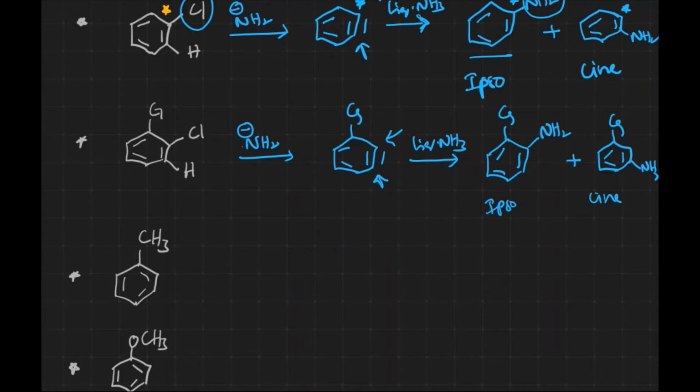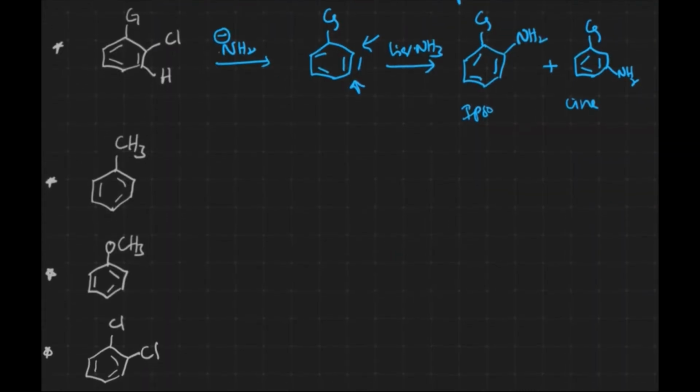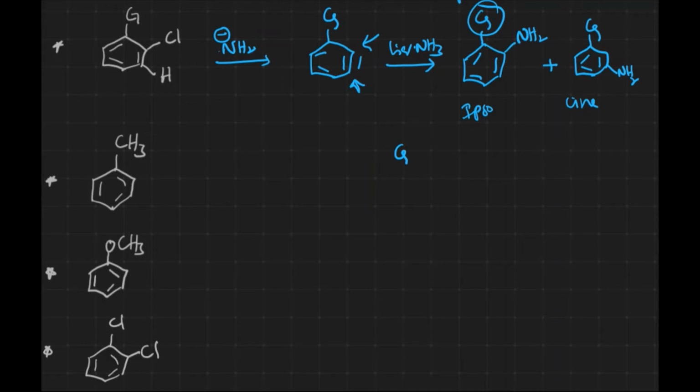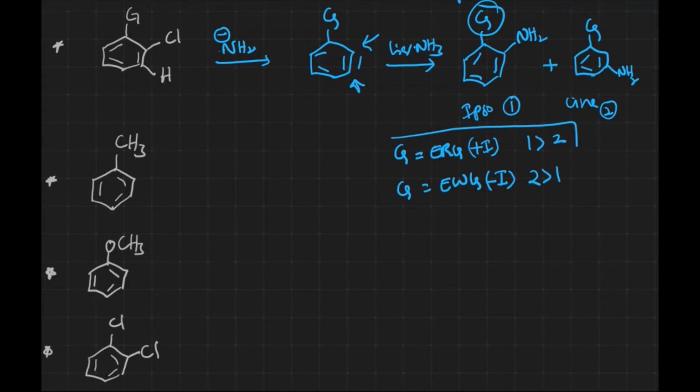I'll give you the general data, based on which you can remember which is going to be the major product. Now the substituent group, let me take the group. Let us assume this is an electron releasing group. Electron releasing group means with respect to inductive effect only. With benzyne there is no mesomeric effect we can expect. If it is a plus I group, let me write this is 1, this is 2. The 1 is major compared with the second one. If the group is an electron withdrawing group, that is a minus I group, then the second one is going to be the major one, not the first one. This is the data we have to remember.